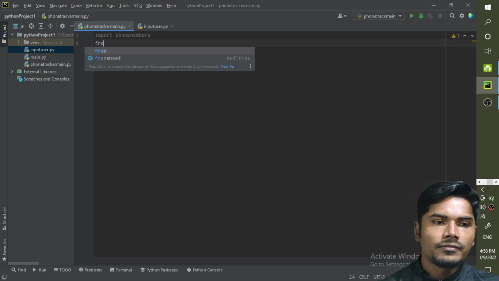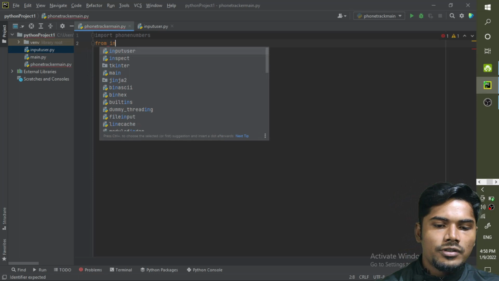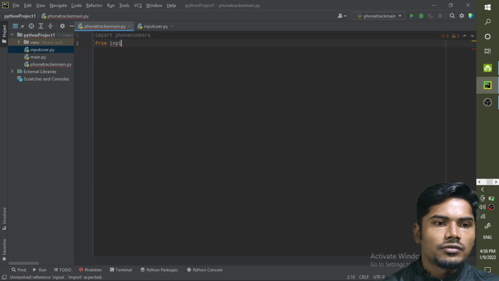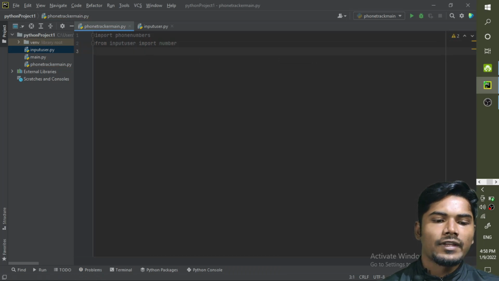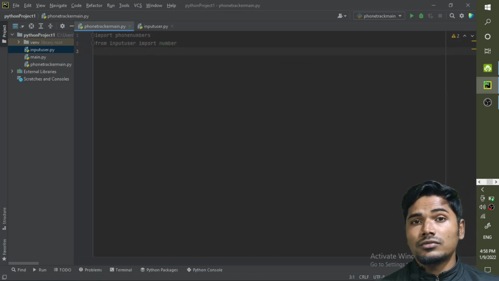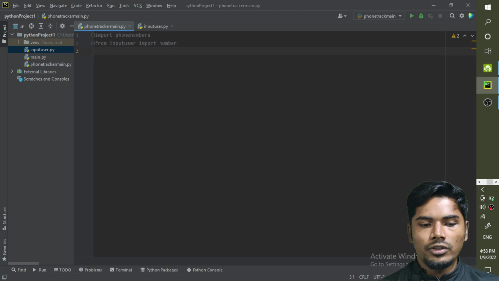So from input_user import number variable.